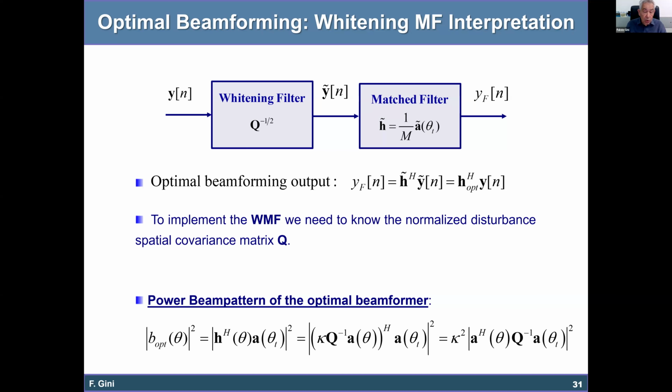The two beamformers coincide only if the disturbance is white. Otherwise, they are different, and obviously the performance of the optimal clairvoyant beamformer is better. The problem is that we don't know in general Q, or we don't know Ry, so we cannot implement in practice the clairvoyant beamformer. It can be implemented only in an adaptive manner, and